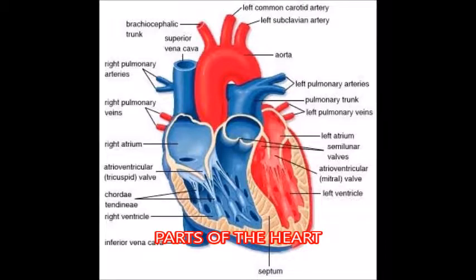When the atria contract, blood flows into the ventricles. Flaps of connective tissue called valves are located between the atria and the ventricles. When blood moves from the atria into the ventricles, those valves open. When the ventricles contract, the valves close, preventing blood from flowing back into the atria. Valves also are located at the exit of each ventricle. These systems of valves keep blood moving through the heart in one direction, like